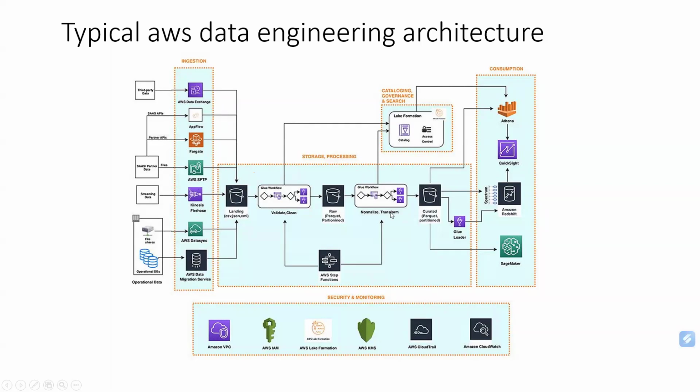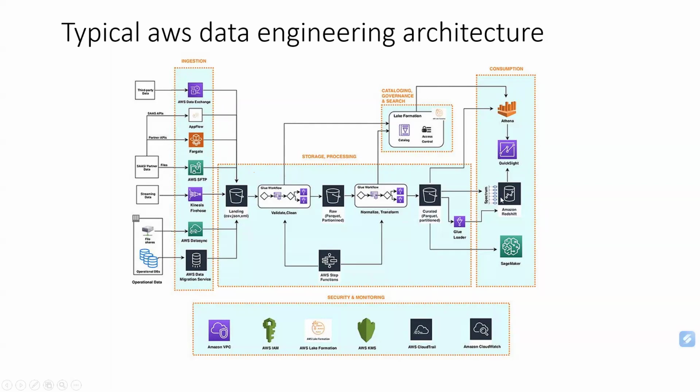And in the storage block, you're trying to store the data, and in parallel you're validating, normalizing, and transforming the data. I think this entire logic happens based on the business requirements you get from the business teams. In this picture, the business team can be a marketing team, a sales team, or an operations team. And then consumption: when you apply the business logic and clean and process the data, you store the data into this consumption group, which is called load.